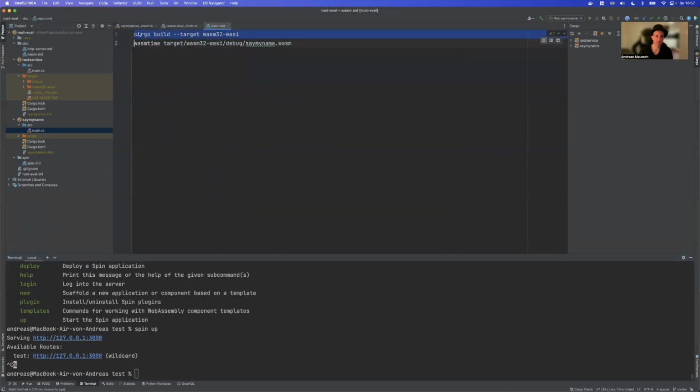For that, we need to say cargo build target Wasm. And the good thing is here that in contrast to Go, which only has some support for Wasm, and no support for WASI, so for the backend part, Rust can do it all out of the box. So we say,